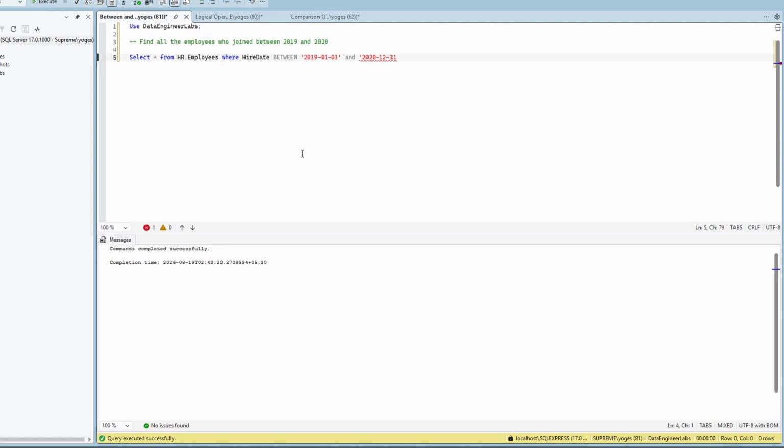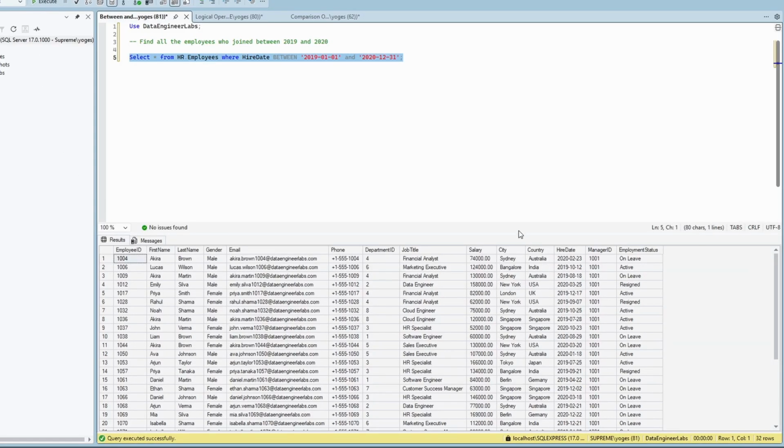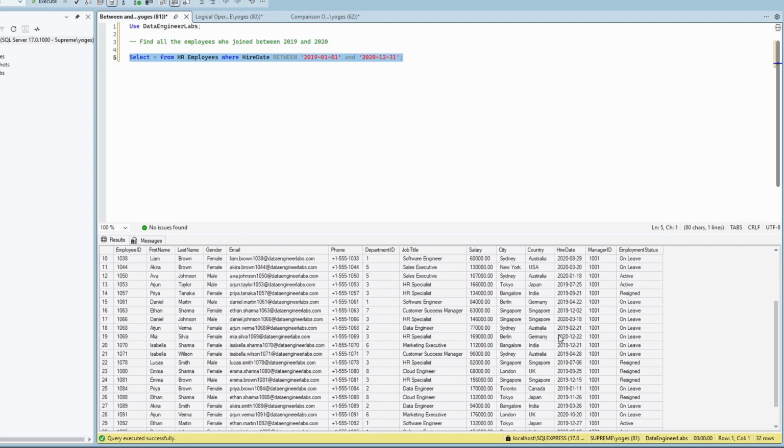So let's say we say 2020-12-31. Now this is how we specify our BETWEEN operator. We write the column name and then the BETWEEN keyword, which defines the range, and then we use the minimum value, and using the AND keyword we specify the maximum value. So let's go ahead and execute this, and if we execute this, we see all the employees who joined between